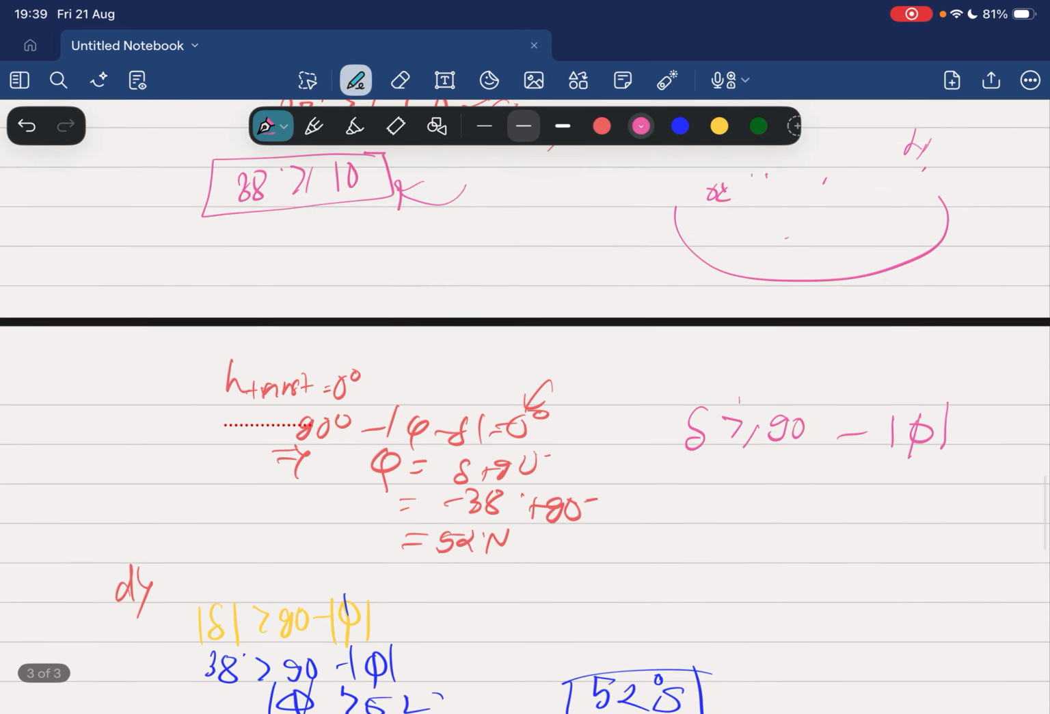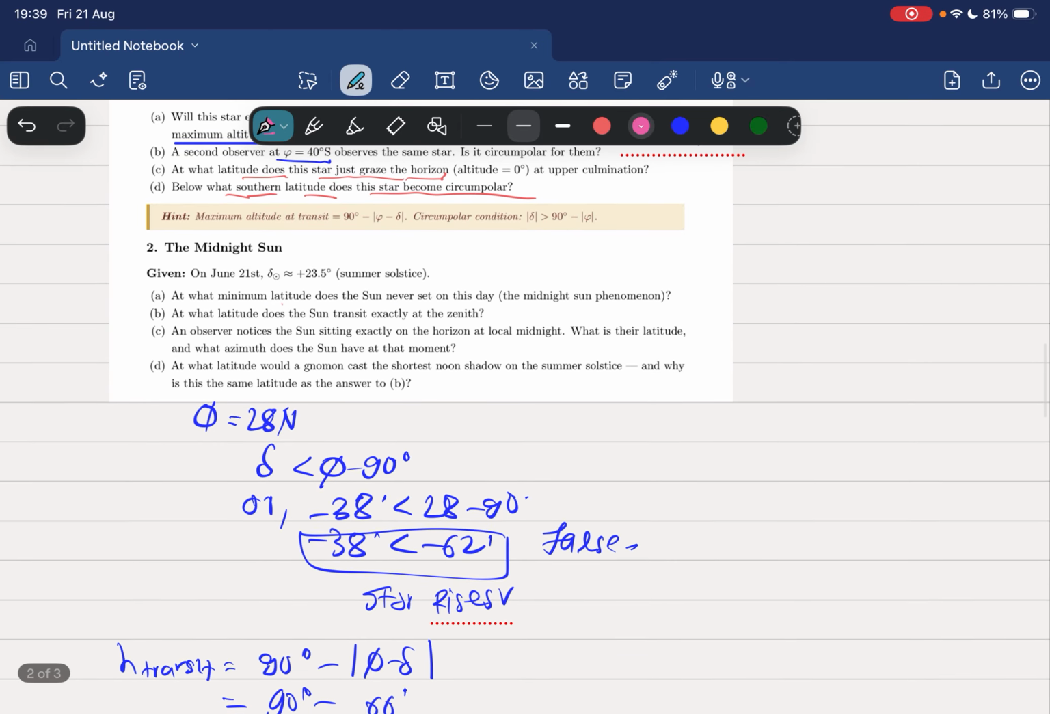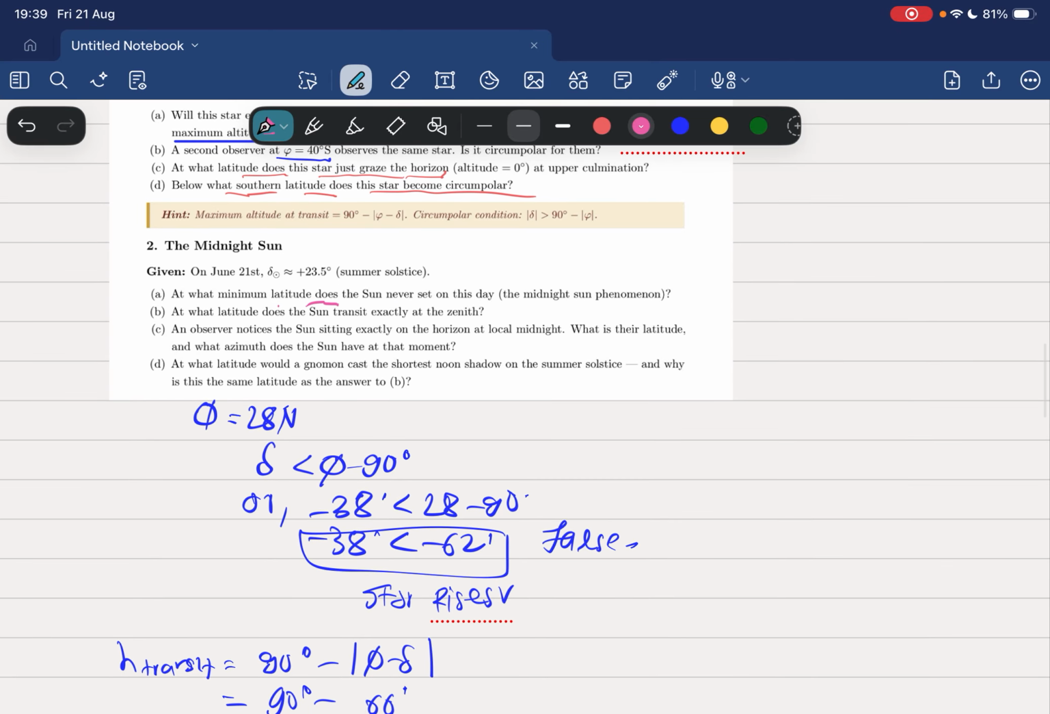So let's hop into another question which we have. What is the minimum altitude? At what minimum latitude does the sun never set? So the same literal thing, phi must be greater than 90 minus delta, and phi is greater than 66.5 north. At what latitude does the sun transit exactly at zenith? Obviously phi must be equal to delta, because